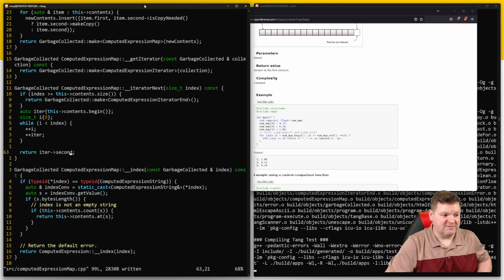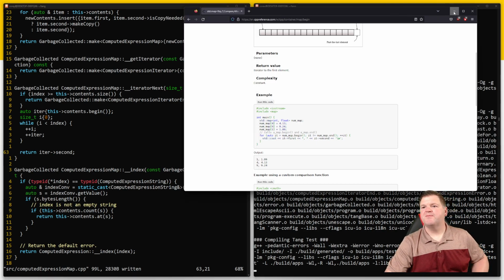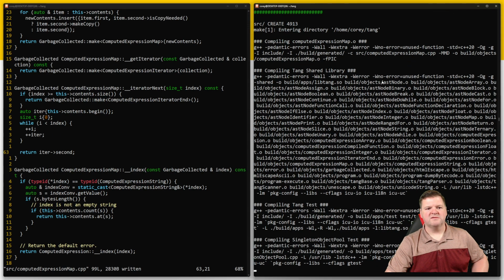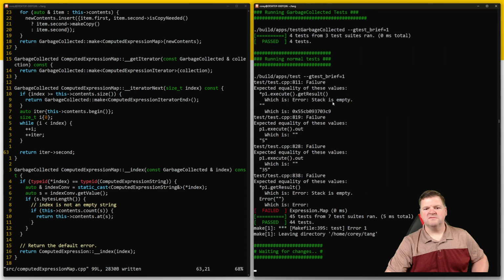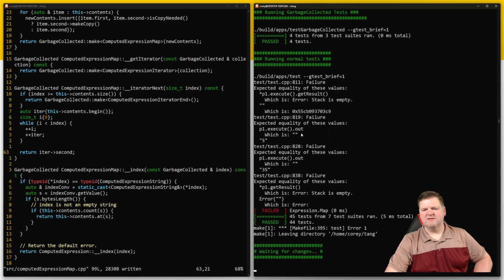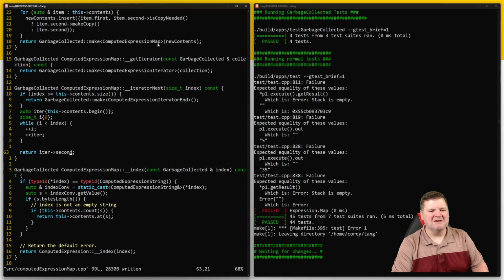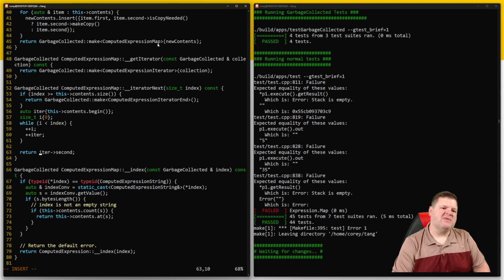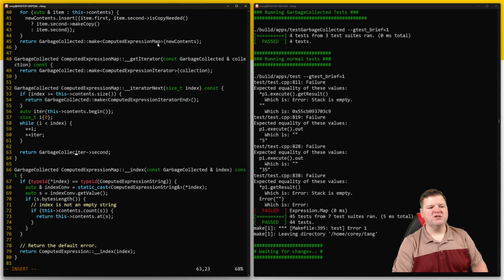Now, what did I just mess up is the question. No, that's not what I want it to return. Obviously, it compiled, but we got stack is empty, blah, blah. Oh, yeah, because we haven't told it how to do anything. But what I want this to return is I actually want it to return an array. So we're going to say garbage collected